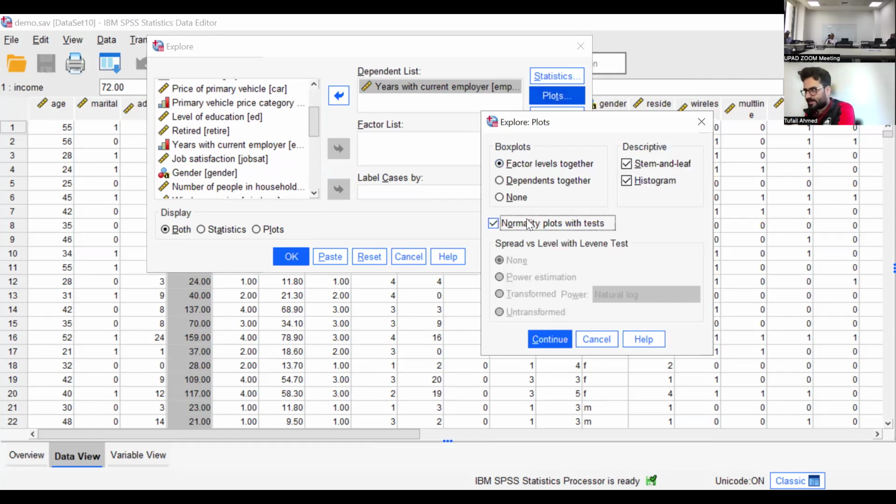For example, normality. What is normality? Normality is basically showing you that the data is centered around the mean. In simple terms, the data is symmetrical and centered.